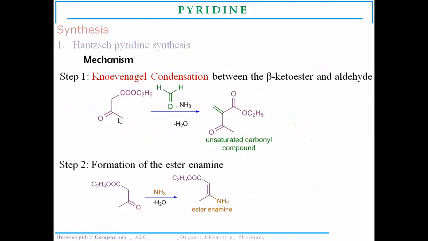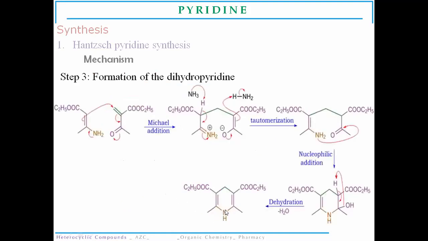ketoester and aldehyde. So first of all, this beta ketoester and aldehyde will condense together to form an unsaturated carbonyl compound. Then a second molecule of ester will react with the ammonia to form an ester enamine, and the third step is the formation of dihydropyridine, when the amine condensed compound and the formaldehyde condensed compound will condense together in this type of